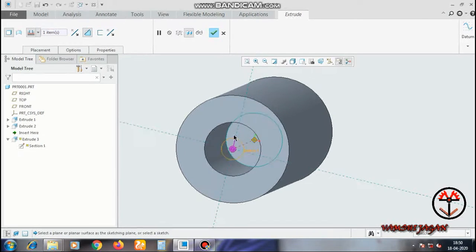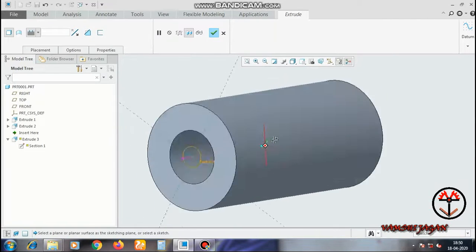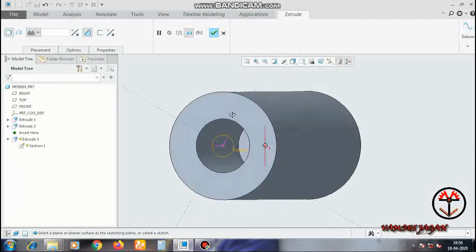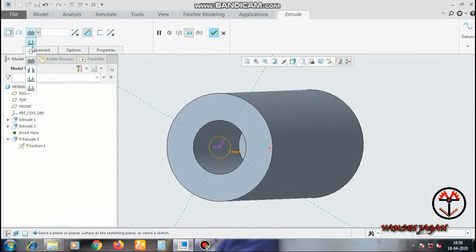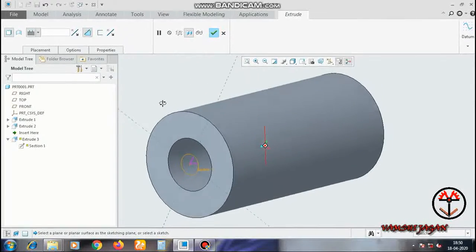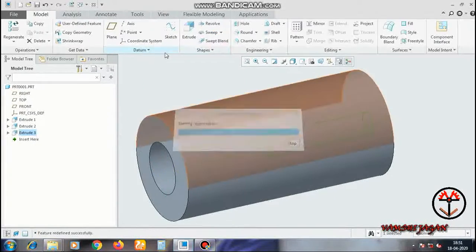After that I want to remove through. So the problem is it's not removing material, because the arrow was displaying on the outer side. So you can see the arrow of pink color highlighted. So I click on the arrow, clicking blind or clicking the arrow to the inner side. So I will keep up to next for removing material. You can see the whole material was removed. So you can use through also for removing through material.